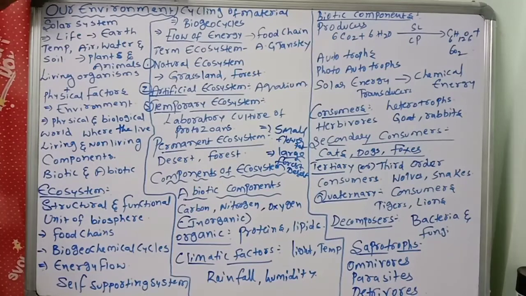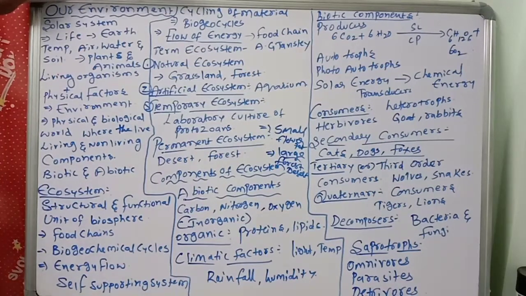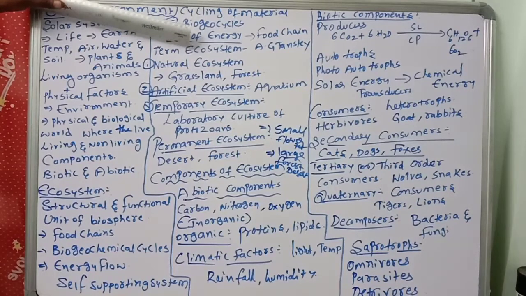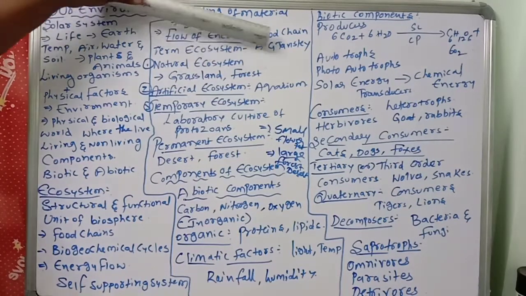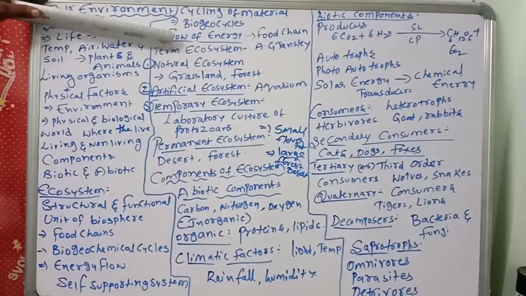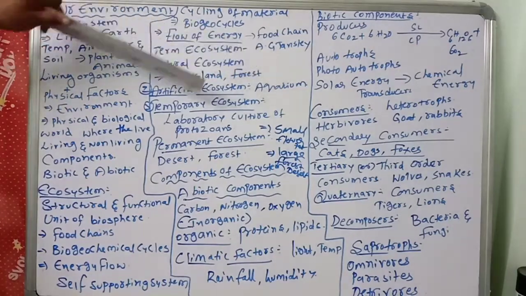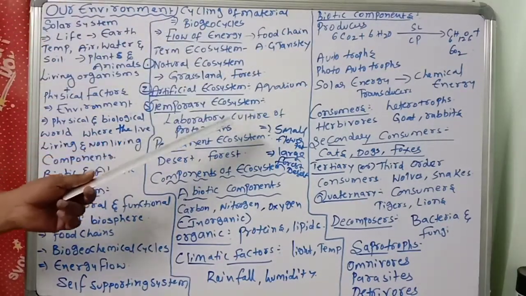In the ecosystem, there are two important processes. What are those? Cycling of materials and flow of energy. Cycling of materials means biogeochemical cycles: carbon cycle, iron cycle, nitrogen cycle, like this. Flow of energy means food chains. The term ecosystem was first proposed by A.G. Tansley. There are different types of ecosystems: natural ecosystem, grassland, forest; artificial ecosystem, aquarium; temporary ecosystem, laboratory culture of protozoans;